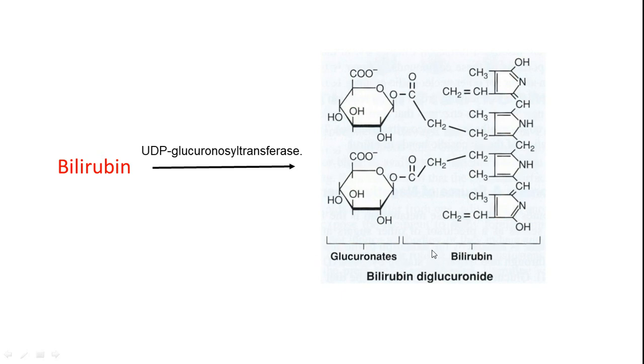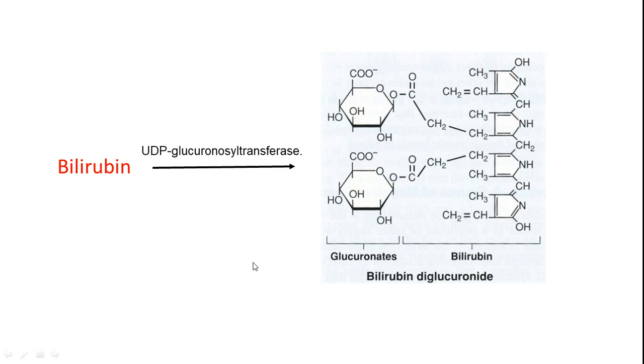Okay, so in the spleen, what is it that we got? The unconjugated form of bilirubin. So friends, this is the way bilirubin diglucuronide is formed. It will be sent out of the liver and enter the bile juices, so that it will be stored in the gallbladder, and then